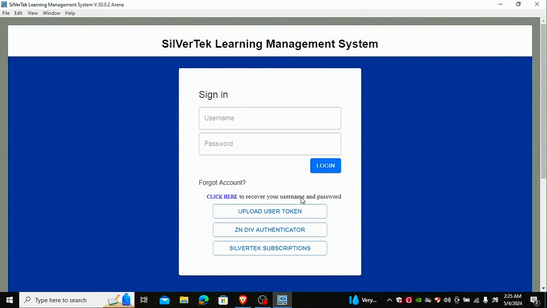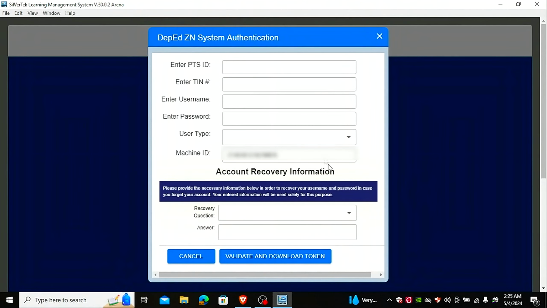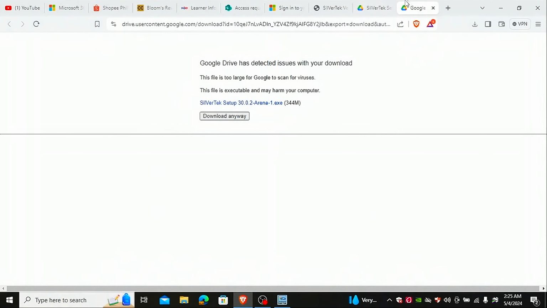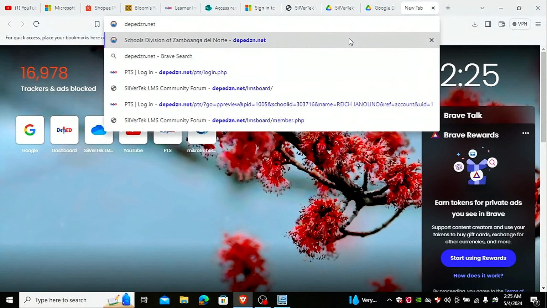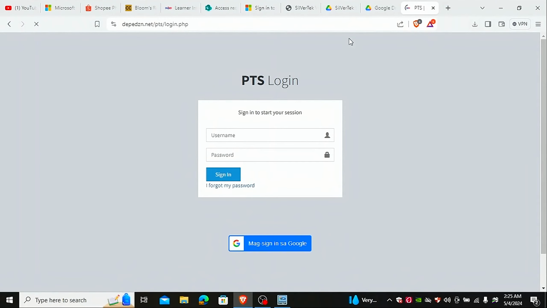Then here I have a ZN Division Authenticator. So click in this. And I have to enter my PTS ID, which I need to go back to deped zn.net/PTS. Login.